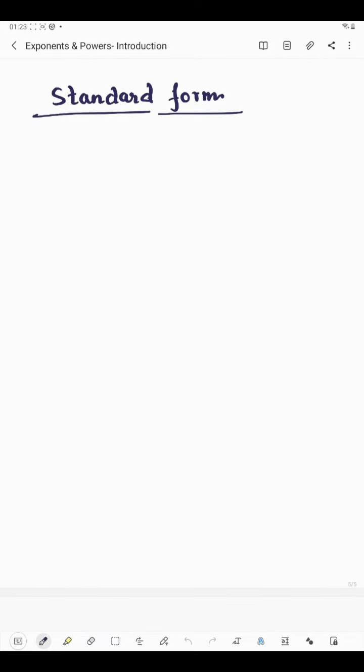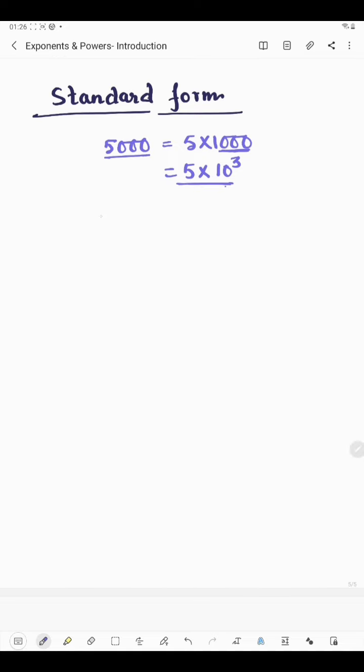Now we will see how to write a number in standard form. Suppose the number is 5000. Now 5000 can be written as 5 into 1000. Right? Now 5 multiplied by, here we have 3 zeros, so 10. Here 1000 can be written as 10 cube, since we have 3 zeros, so we write it as a power. So 10 cube means 1000. So this number we have written in standard form. When you write the number in exponential form like this, it is known as standard form.